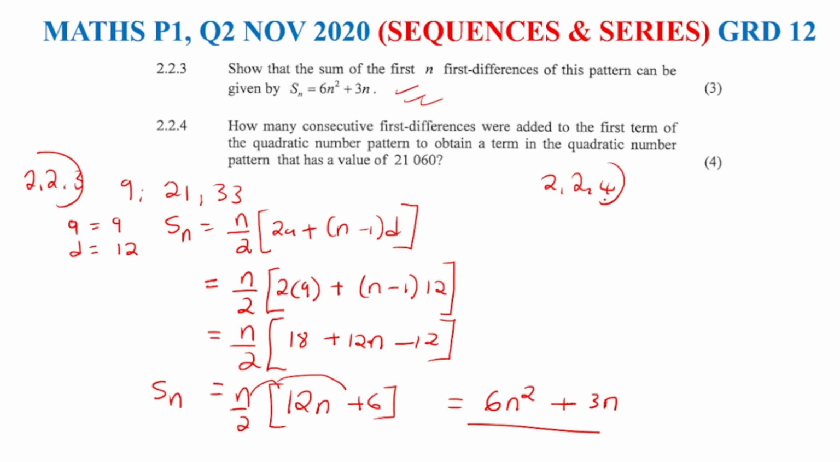Now let's move to 2.2.4. It says: show how many consecutive first differences were added to the first term of the quadratic number pattern to obtain a term in the quadratic pattern that has a value of... To obtain this term, we don't know the term number here, so they're asking us how many terms were added to the first term in order to get this